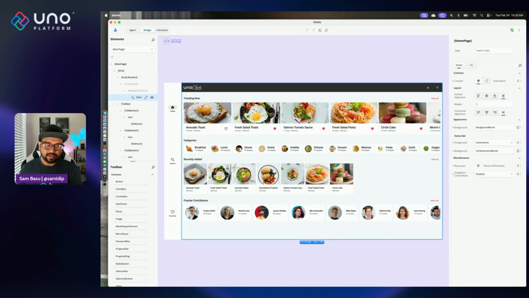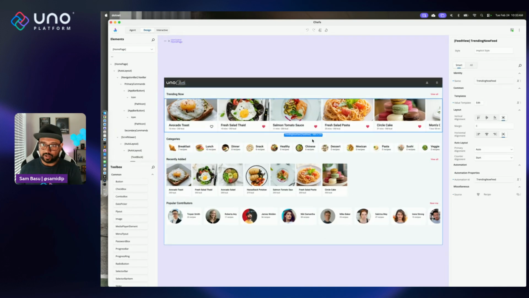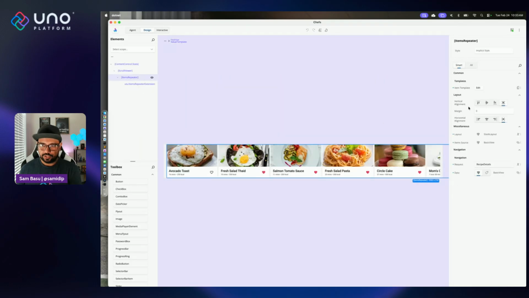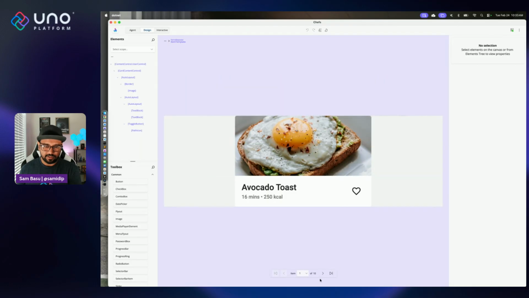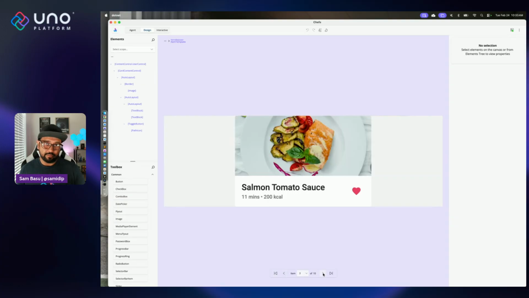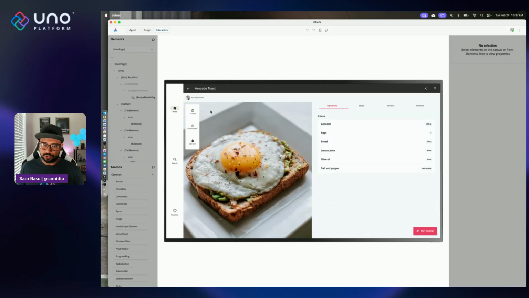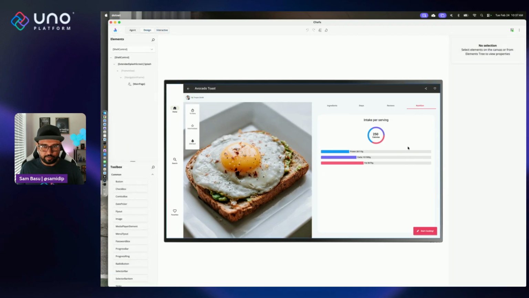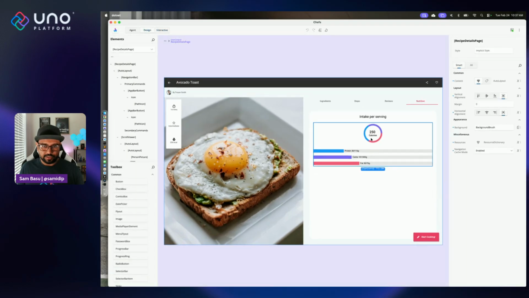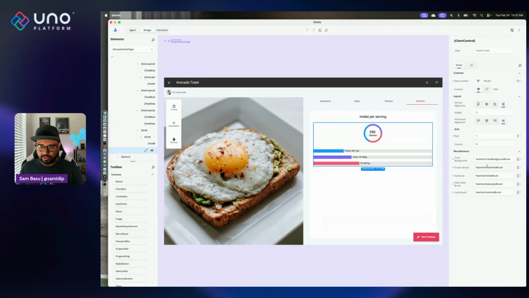At any point, I can zoom in, select a piece of UI, see all the properties here, and I can drill down even further. And I can eventually see that I'm working with real runtime data as I work on my app UI. I can switch up my mode to interactive, and in this case, I get to use my app exactly like my user would, navigate to a different part of the app, find a piece of UI that I need to change, go back to design, and now we can do the drill down back in, find my UI, and let's just change up some of these brushes that we are using to paint this chart control,